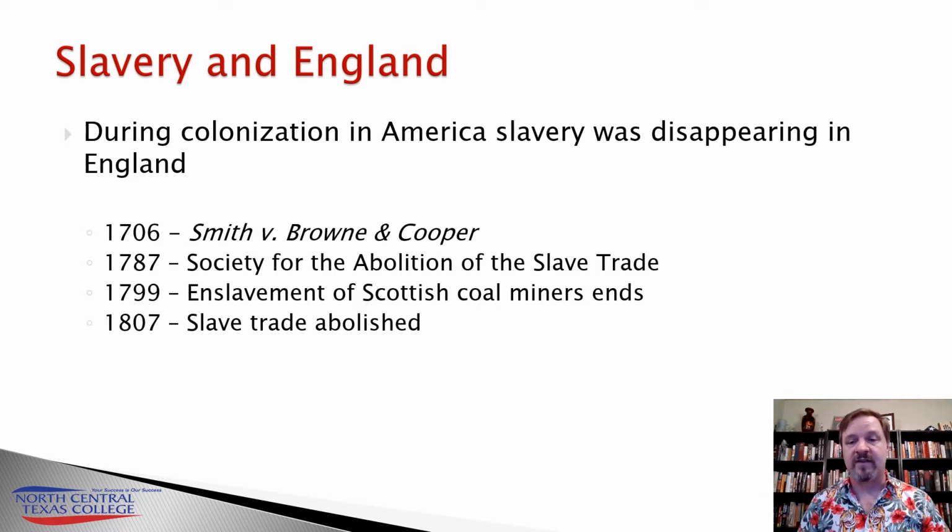In 1807, England is going to pass a law that's going to officially abolish the slave trade, the Atlantic slave trade. Now, other nations will eventually follow suit. When the Royal Navy controls the seas, they can press that and force that on other nations. For example, the United States will pass a similar law in 1808. Spain will approve a similar law in 1813 through a treaty with England, etc.